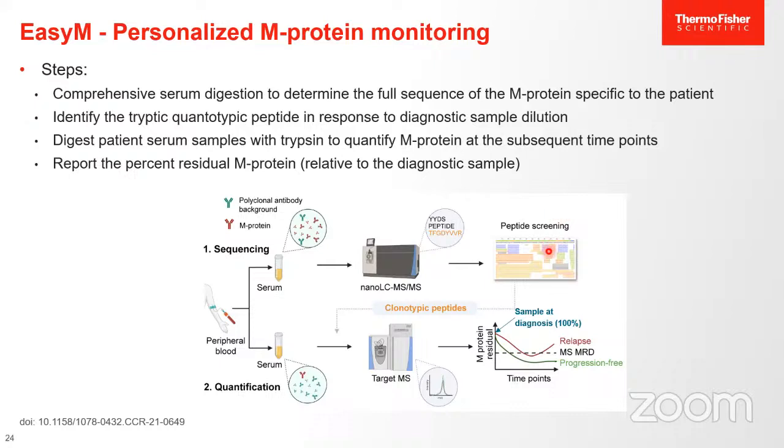You get it. Now, you take the same serum or plasma, a separate one, and then you quantitate it. So you will see the difference of M protein over a period of time, whether it is going to be progression-free disease, whether it is relapsing, or what the status is. So that's the basic workflow. Now, it is a little bit easier said than done, but the critical thing is having a particular peptide sequence for a particular patient.